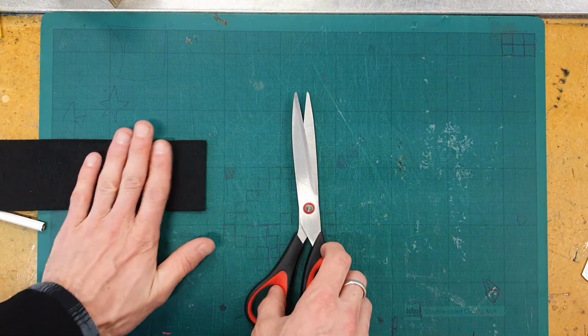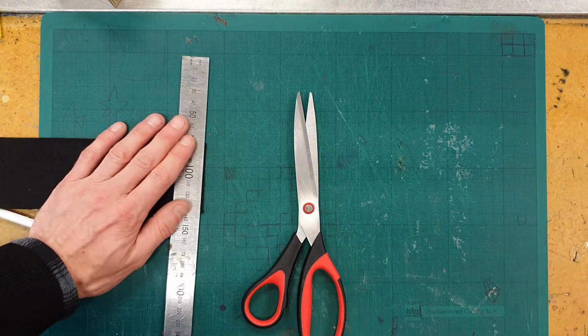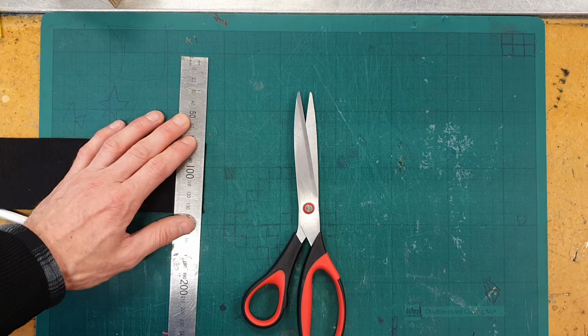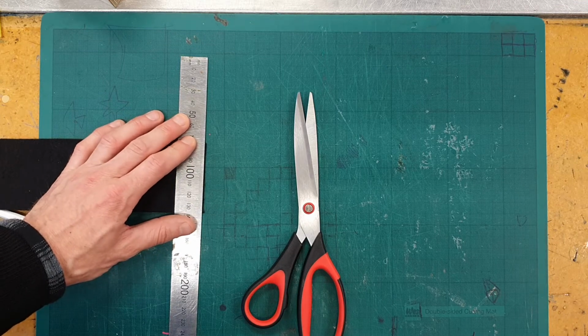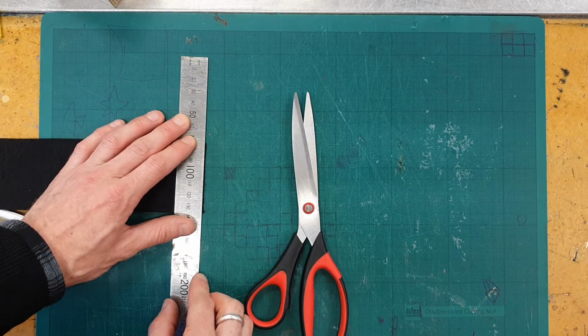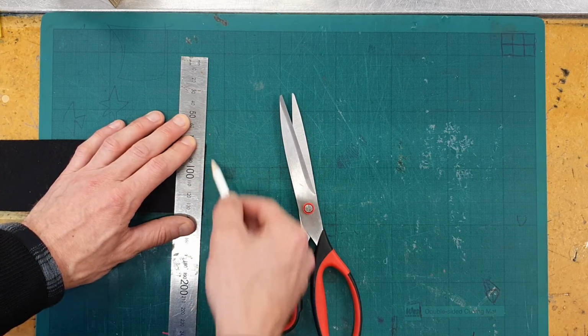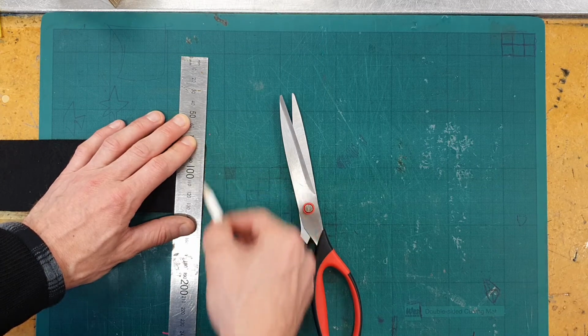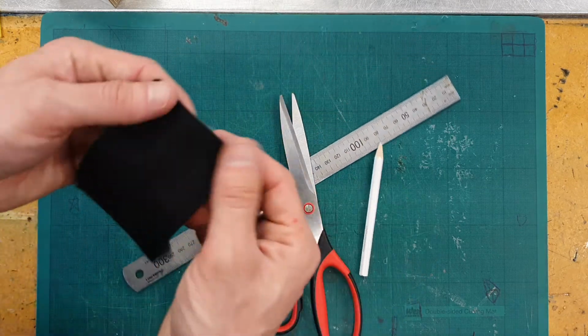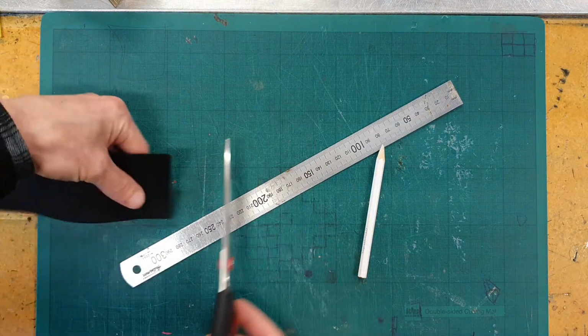So with this end here, I wanted just to resize that ever so slightly. What I could do is line my ruler over the top. You see there's a tiny bit of felt sticking out over the edge. Just drag my white over that. Okay, so that shows up. I'm just going to carefully